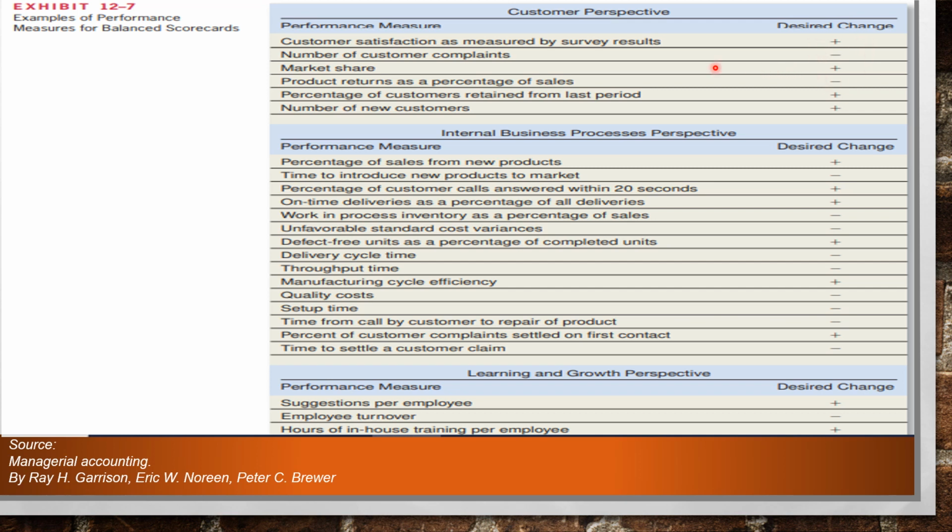So for example, customer satisfaction measured by survey results. Our desired change is for that to increase as time goes on. Another is number of customer complaints. Our target change is to reduce, if not totally eliminate, customer complaints. So that is how these things go. Another, for the internal business processes perspective, let's choose here, for example,